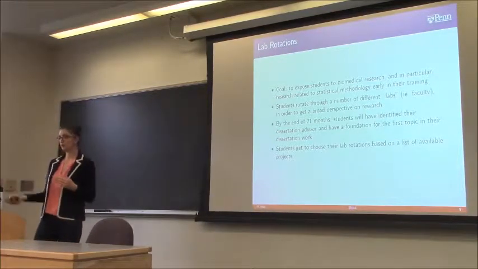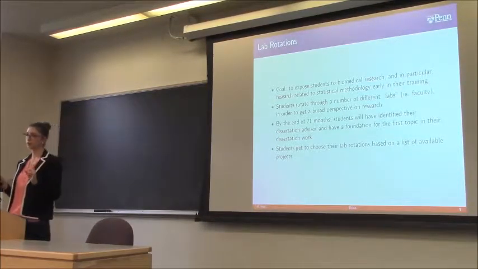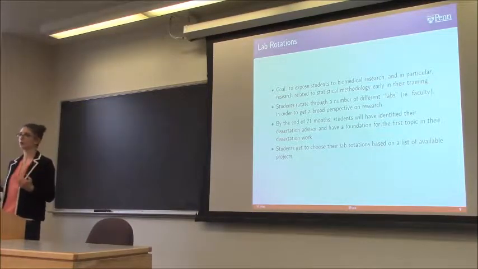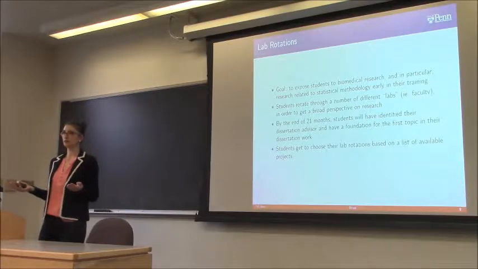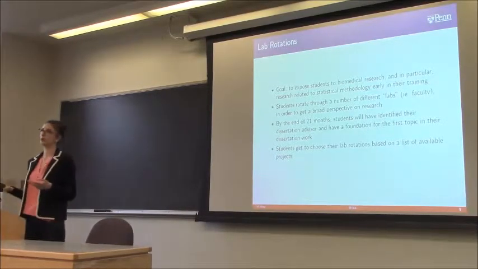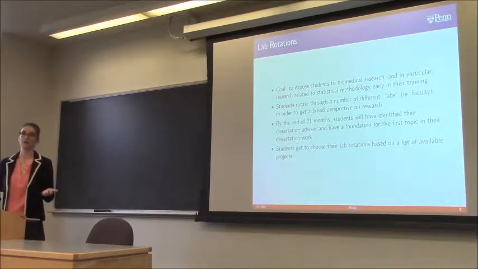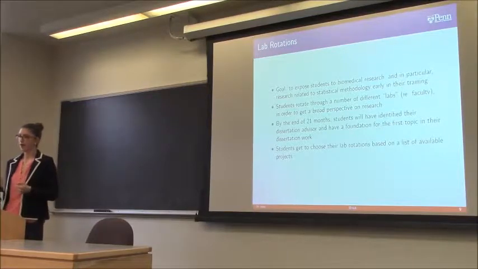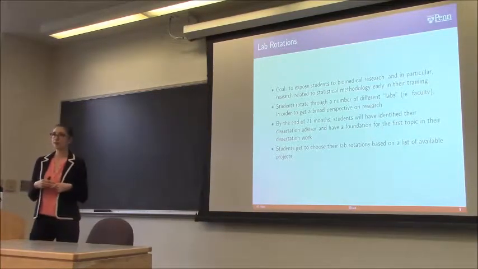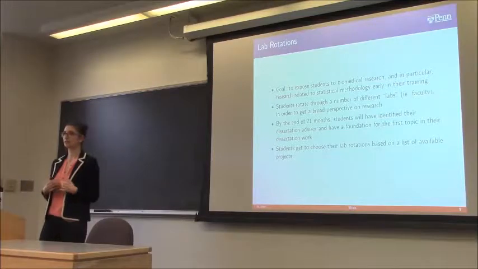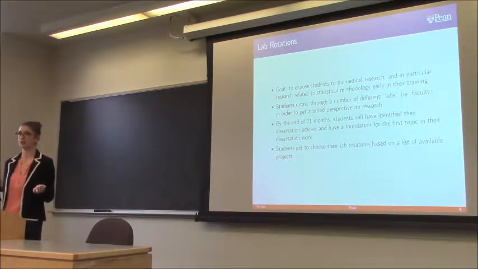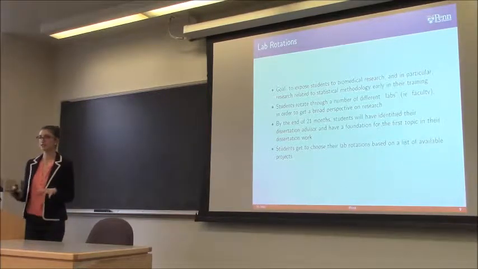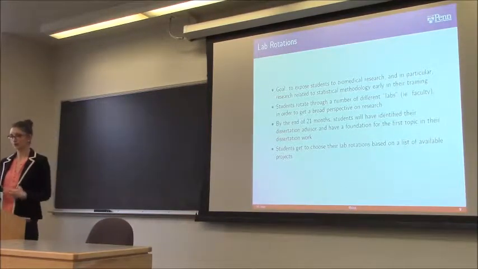So you go through this process of 3 lab rotations or so a year over the first 21 months of study. And the goal is that by the end of your second year, you would have already started working on your dissertation topic and also have identified an advisor. The nice thing about going through this lab rotation is that we're hoping people can get into research much earlier, which will cut down on the total time needed to complete the PhD. And again, this is unique to Penn and still new for us.